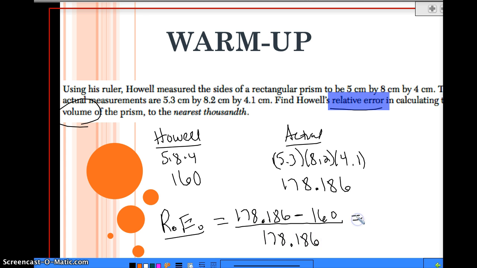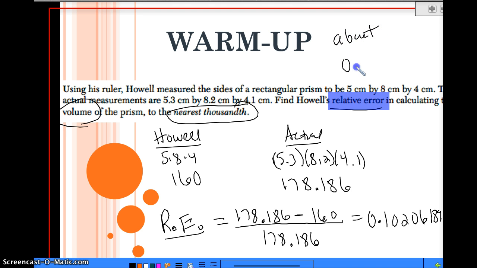So when you subtract the 178.186 minus the 160 that Howell got, and then take that 18.186 and divide it by 178.186, you're going to end up with 0.10206, and it keeps going. They want us to round it to the nearest thousandth. So therefore we're going to say